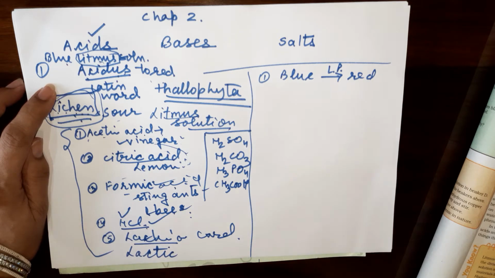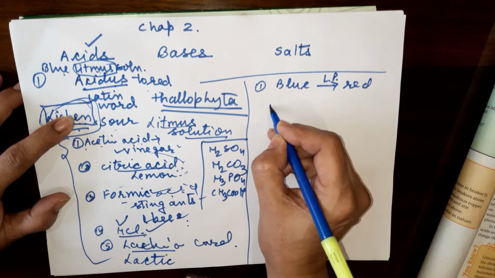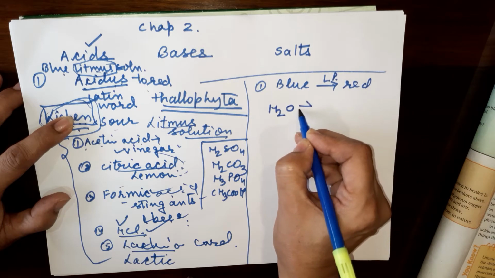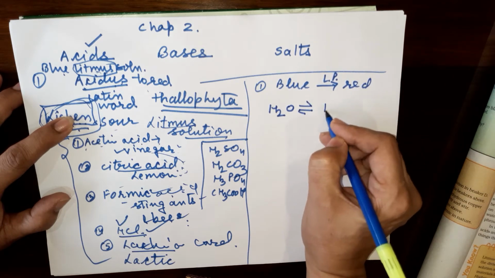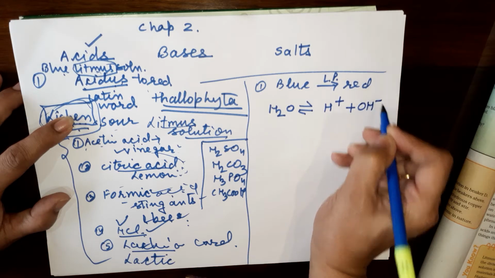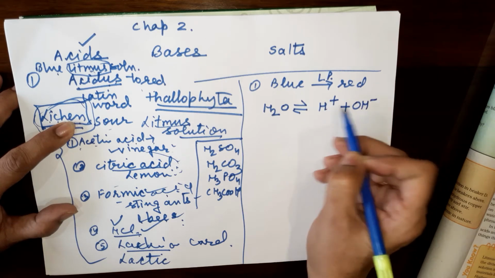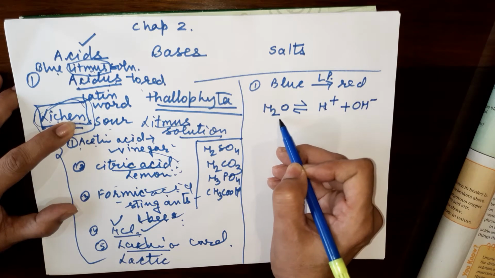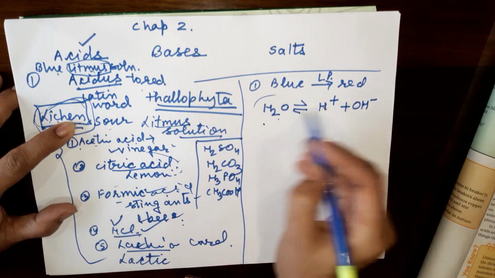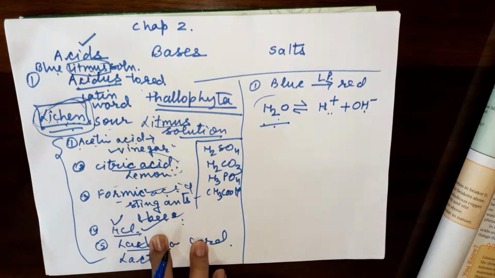Now I will tell you what happens with the hydrogen ion. First of all, I will tell you this about water. Water forms hydrogen ion and hydroxyl ion. This is the symbol used because if you combine these two, then it forms the reactant. Here the substance H2O is formed. If these two are added, it forms H2O.